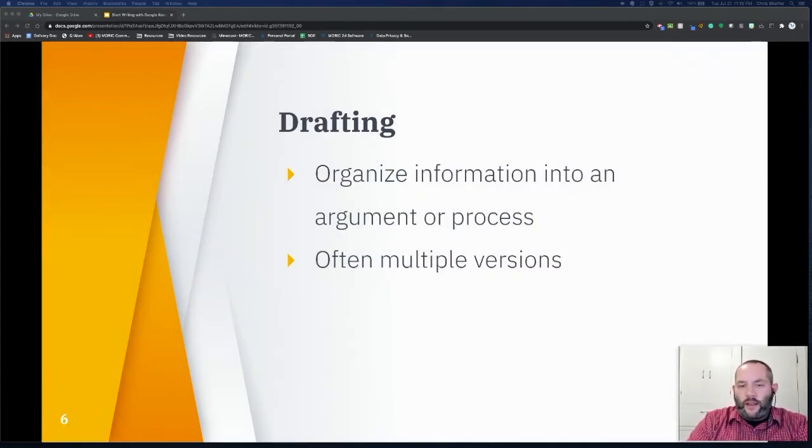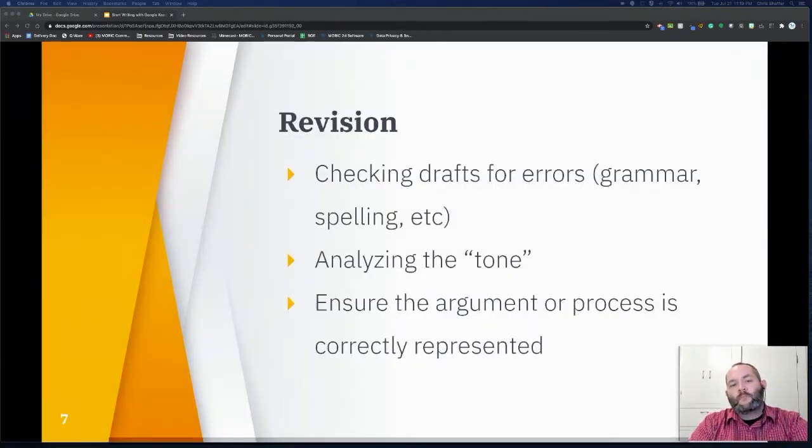Next, with drafting, here you're actually going to be taking all the resources that you've gathered in the pre-writing step and put them into some sort of organized format, or your first draft of the writing assignment. Here you're going to be doing a bulk of the initial writing. However, this is one of the steps that students often have to visit multiple times throughout a given assignment as they add or remove parts of their writing to create their argument.